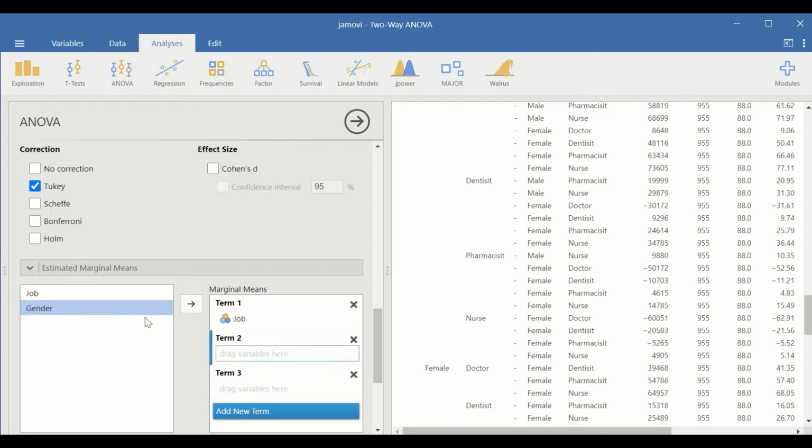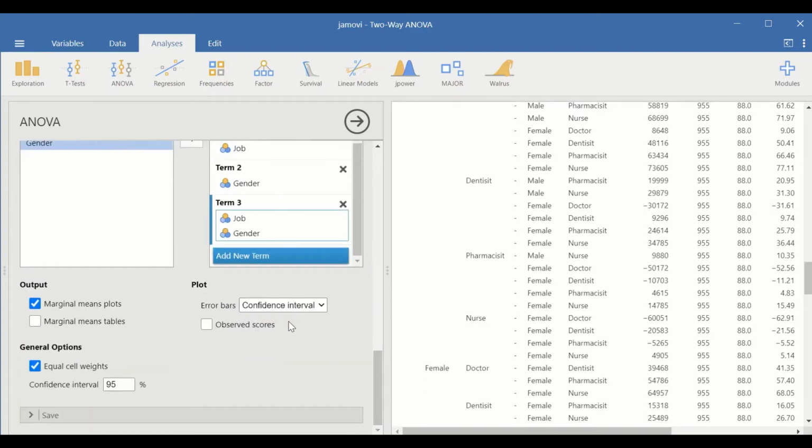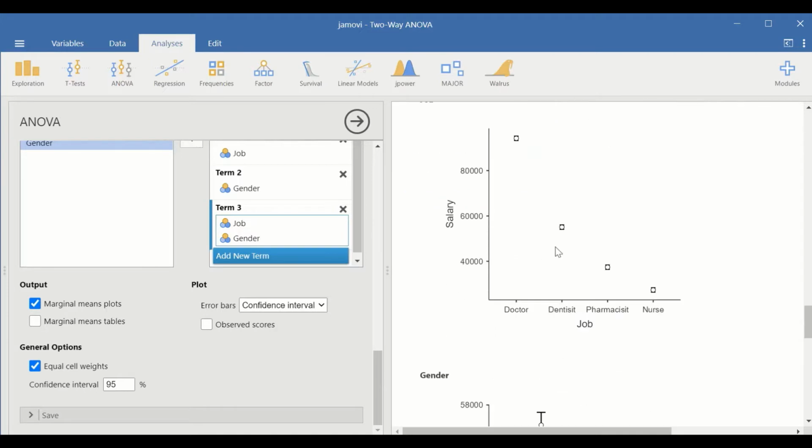I haven't clicked here, so I need to move that to here. And then for the third one is the interaction. If I select the job and the gender and move that into here, we will get a plot. We could also stick to this for the current stage, and if we scroll down, we will see that 3